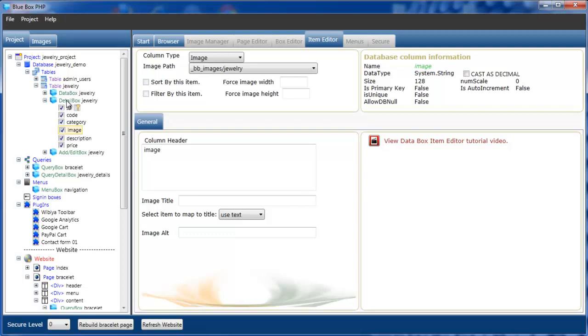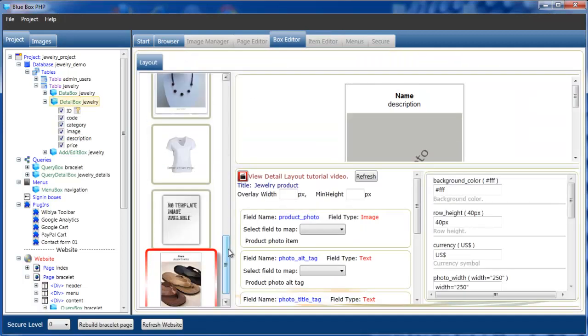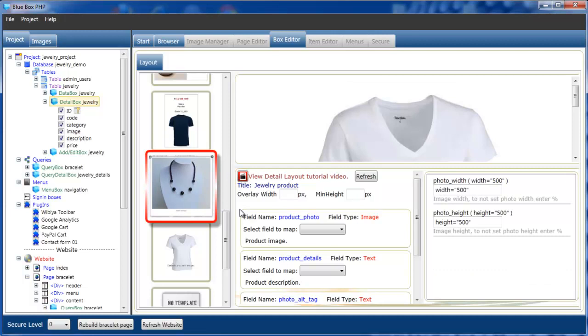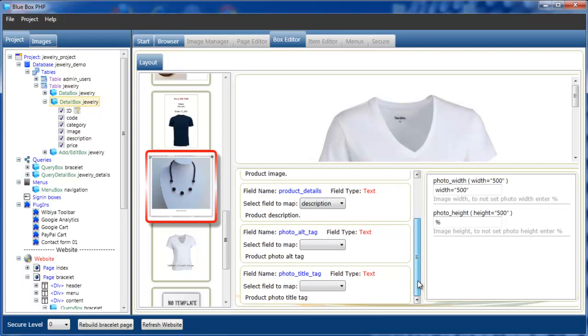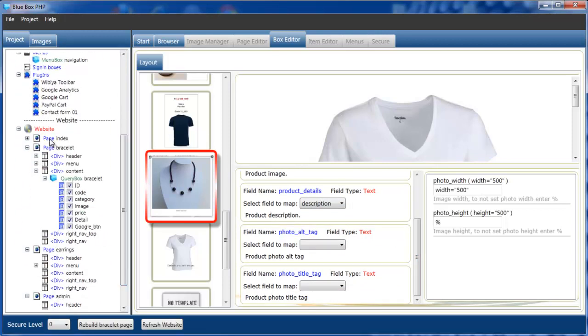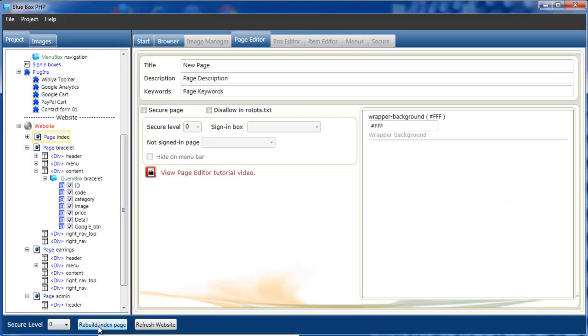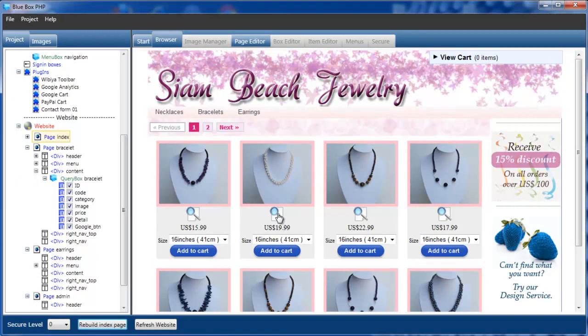We're now going to select detail box, select the template that we want to use, set our width, proportional height for the images, and now map our items, image, description. And if we now select our index page and rebuild, if we now select our display images,